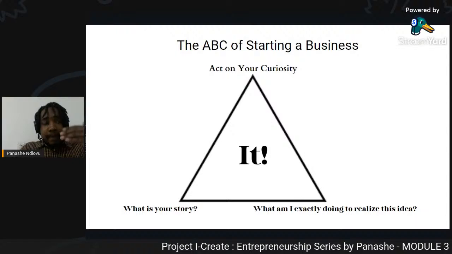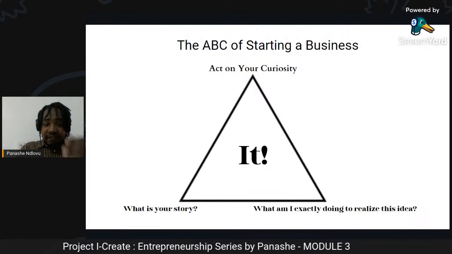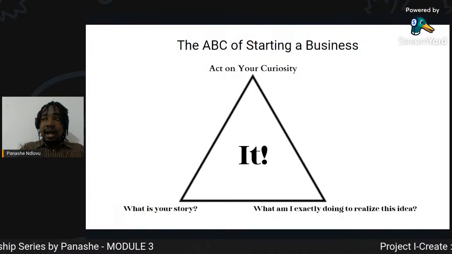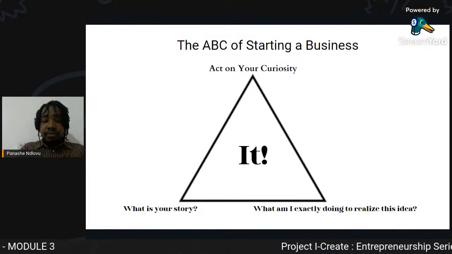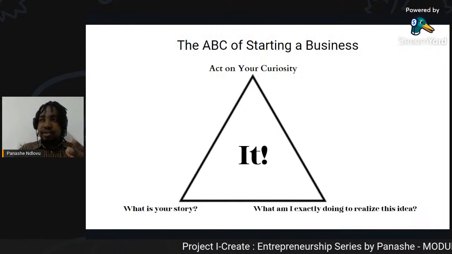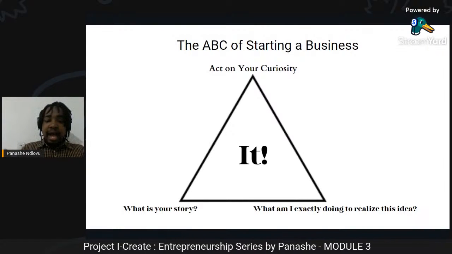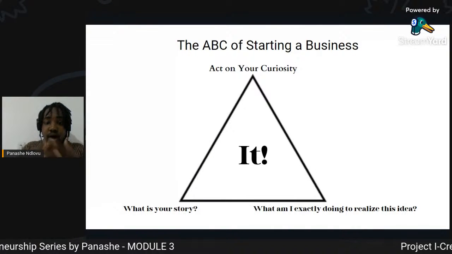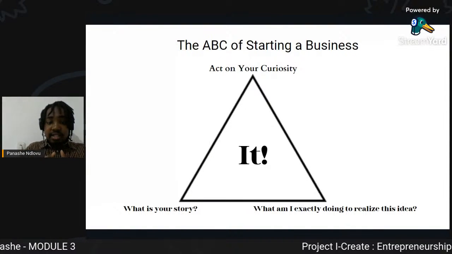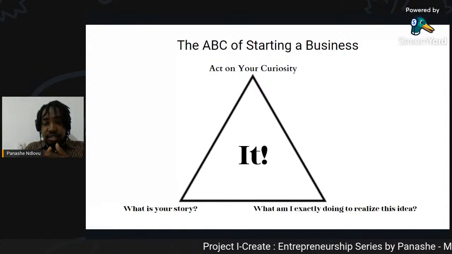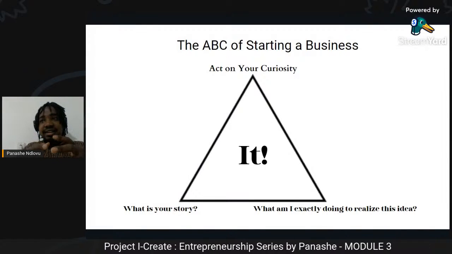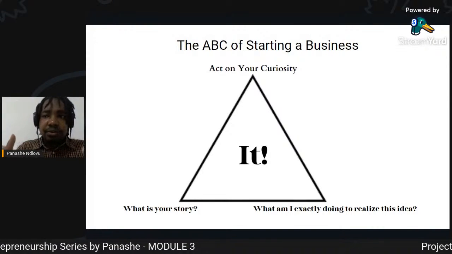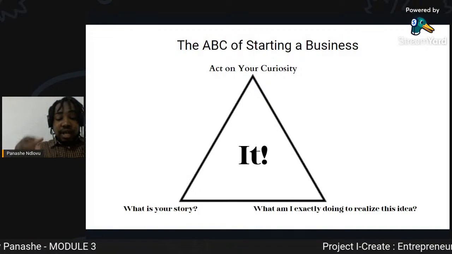So again, many businesses die in this infant stage, because it's likely that the people who started them started them for the wrong reasons, or maybe they did not have a well-defined why, why they wanted to start this business in the first place, why starting this business was important in the first place. Maybe this business was started as a copycat, as a model that was adapted from someone else.